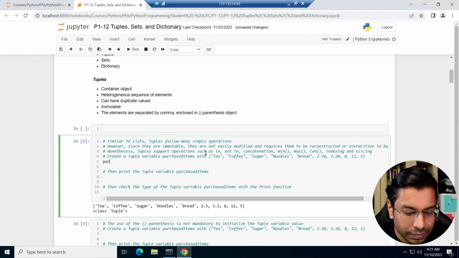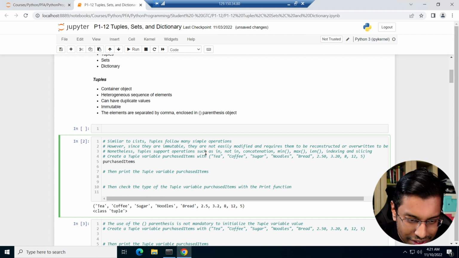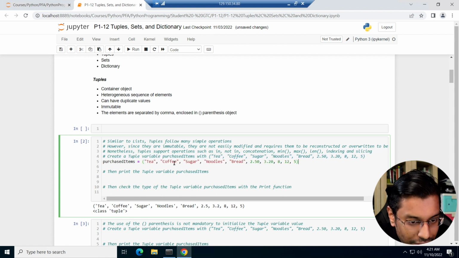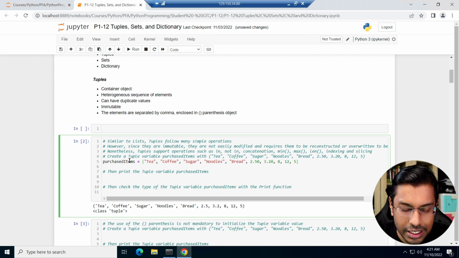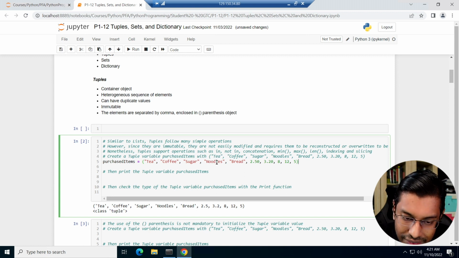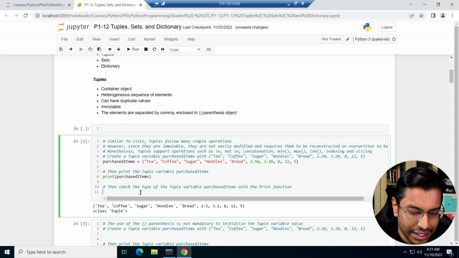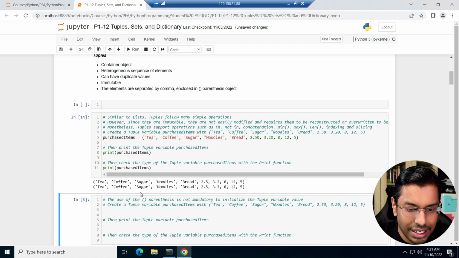So let's try. Let's create a list. That's why I said list tuple. See, this is the problem when you work with a list so much. Let me try tuple. We're going to create these purchased items with some string values and some numeric values. Then let's print purchased items, this is a tuple, and then print the type of purchased items. So you're already going to know it's going to be a tuple, right? When I run this, it gives me